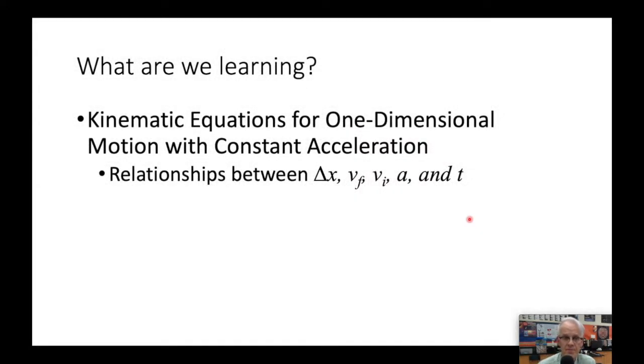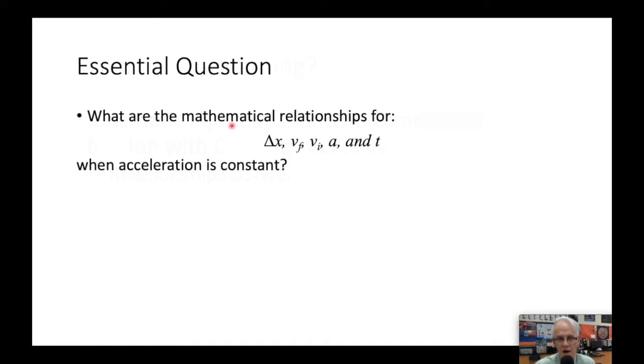What are we learning? We're going to look at the kinematic equations for one-dimensional motion with constant acceleration, meaning we're going to look at the relationship between displacement, final velocity, initial velocity, acceleration, and time. Our essential question is this: what are the mathematical relationships for displacement, final velocity, initial velocity, acceleration, and time when